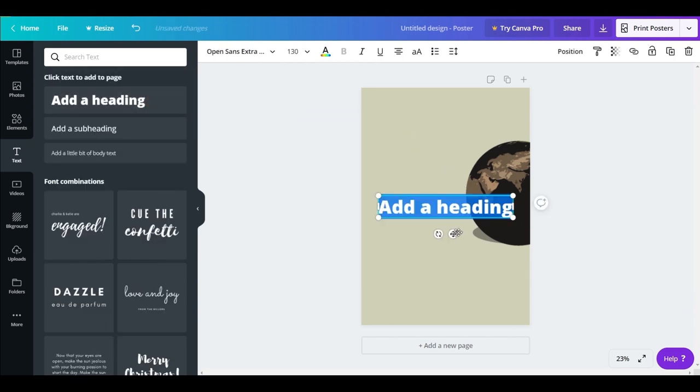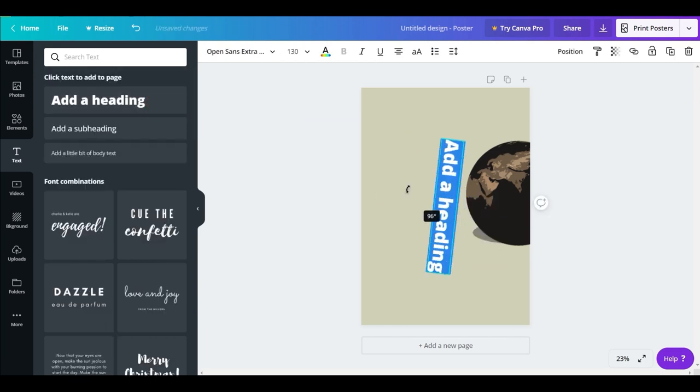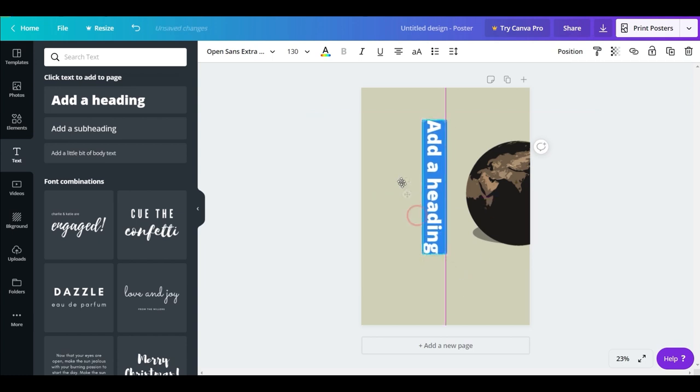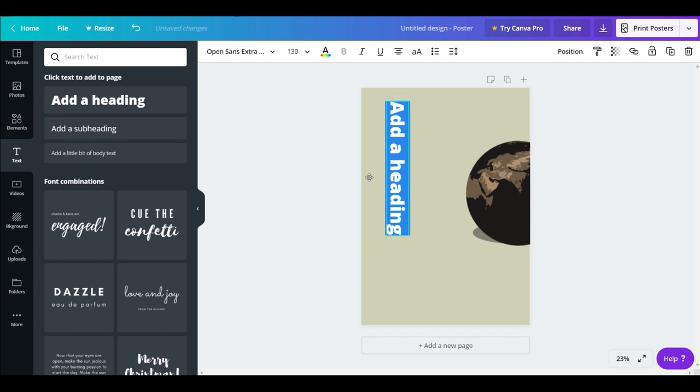Add a heading and just rotate it, to give it a good feel. Then it's looking good. So we need to enter our text.